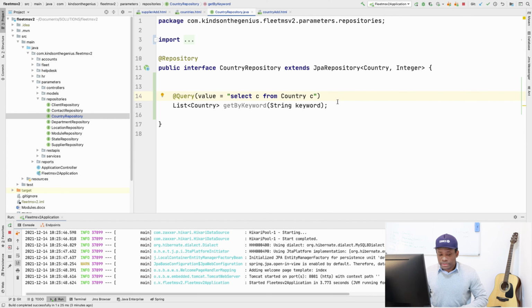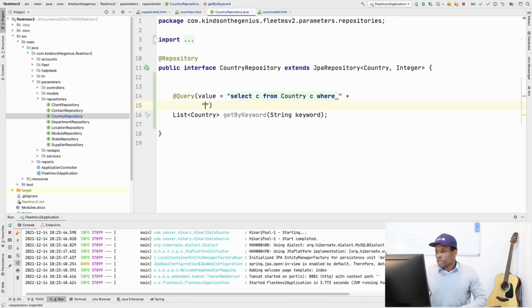if I add a filter, for instance, I put a where clause, and I'm going to go to the next line. Now it will be where the column is equal to the keyword. So let's just take for instance where the column C, let's assume C is a column, is like. So we are going to be using a like clause because we don't know what the user types, so we can't use exactly something exactly. So it's going to be like, and specify the percentage sign, and in between here you are going to now